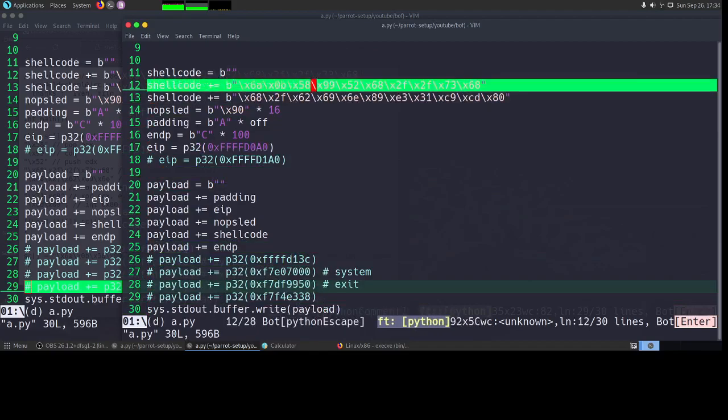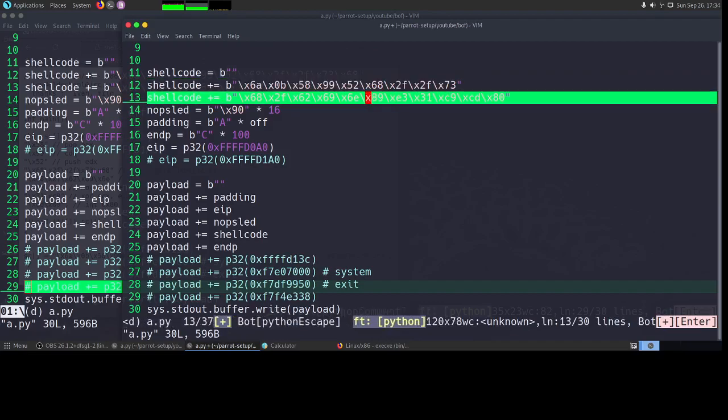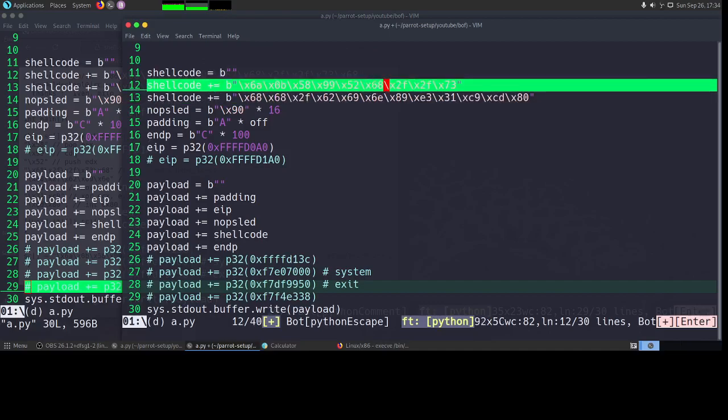Now I know that 68 is slash, so I will remove this and then put slash 68 here. Okay, so this is slash sh and then 69, then 6e is slash, no, something is wrong, 2f is slash, okay, yeah, this is slash.